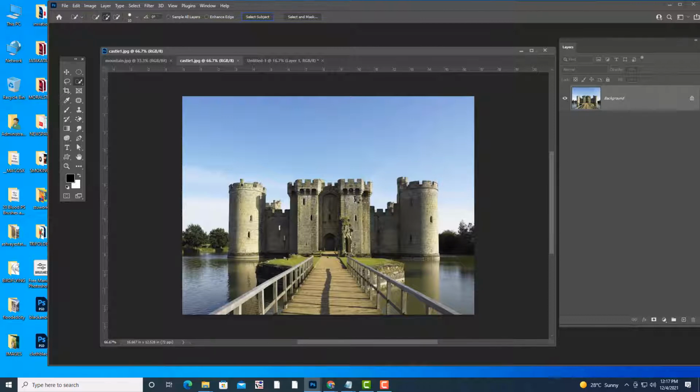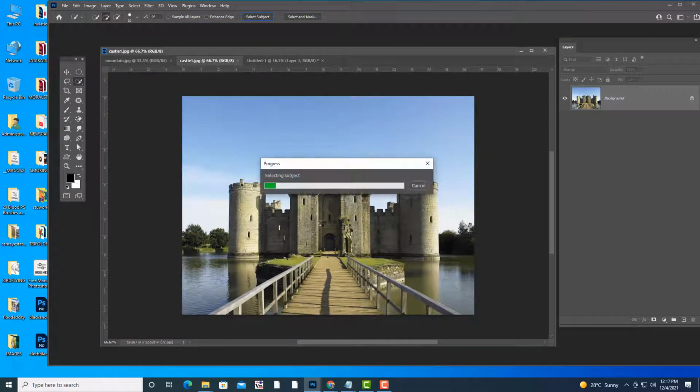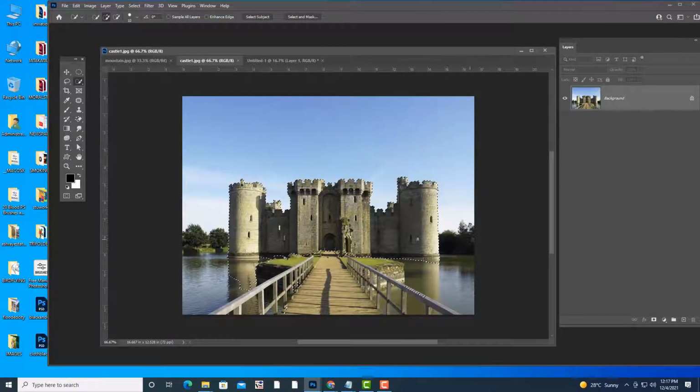It will try to find where the subject is, and it may take some time because in this type of image it may not find the subject properly. Okay, it is able to find the subject. So this is the castle. Castle is the subject. So we will try to remove this bottom image.